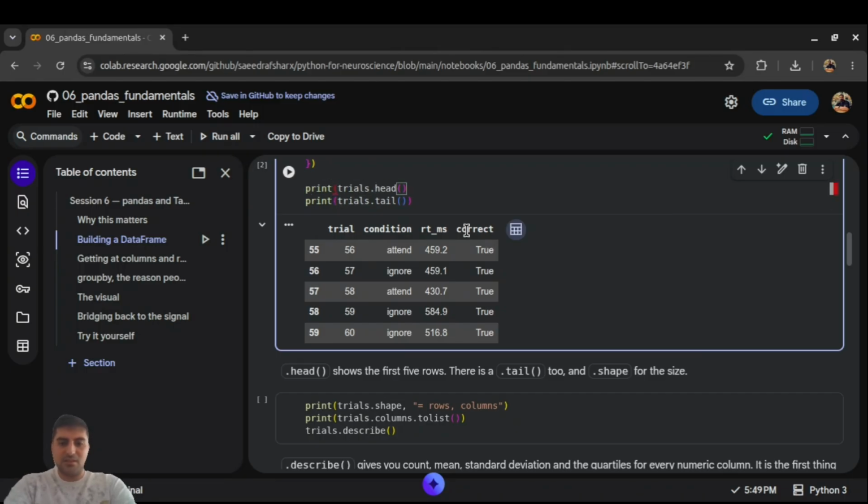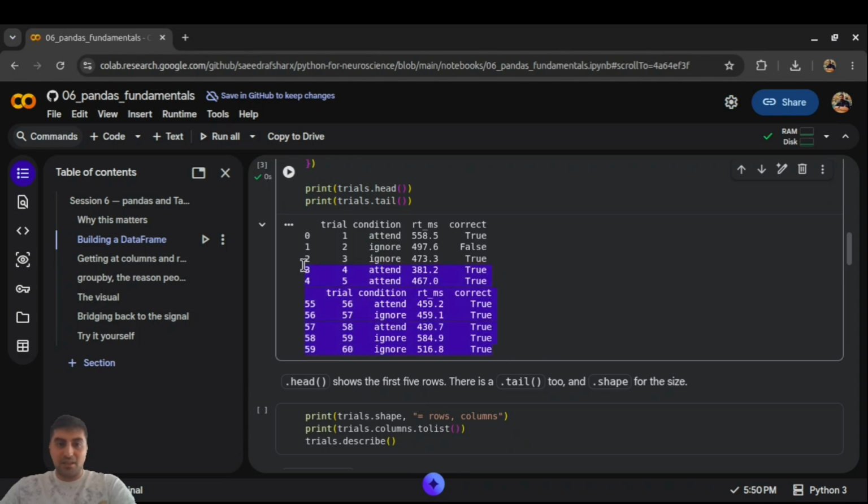Since this is hands-on and I have to make it short, let's run it quickly to get both of them. Okay, it gets out of style because we have printed it, but it's generally doable. Just for the idea: rows 57, 55 to 59, the last 60 trials, and 0 to 4. And remember, Python started indexing from 0, with head for the first 5 and tail for the last. This being said,